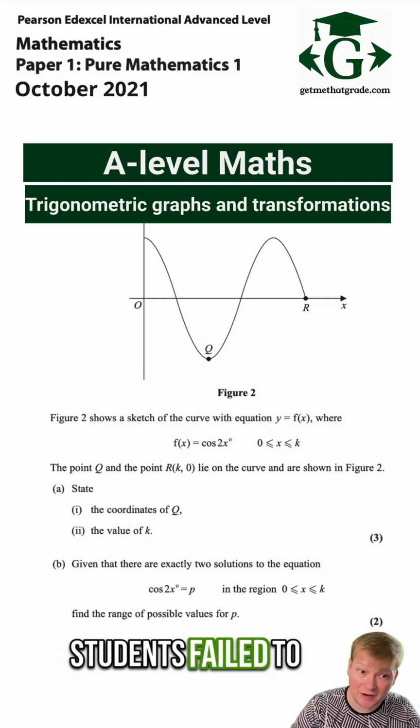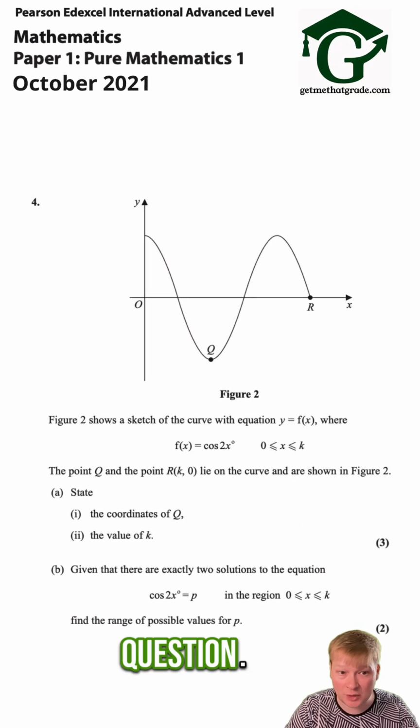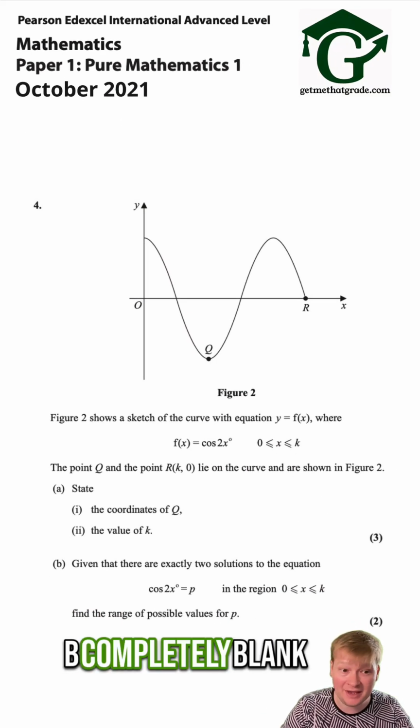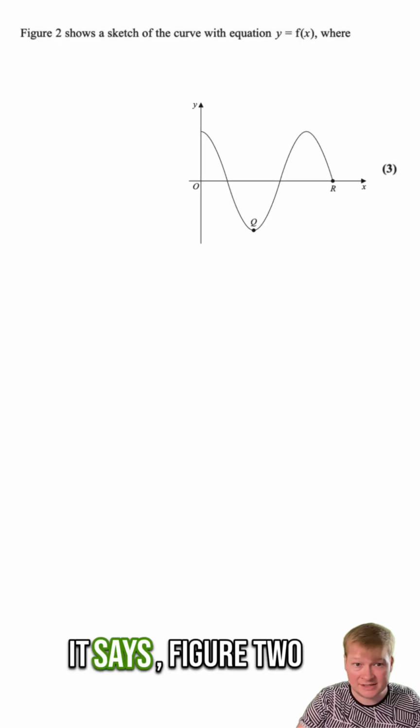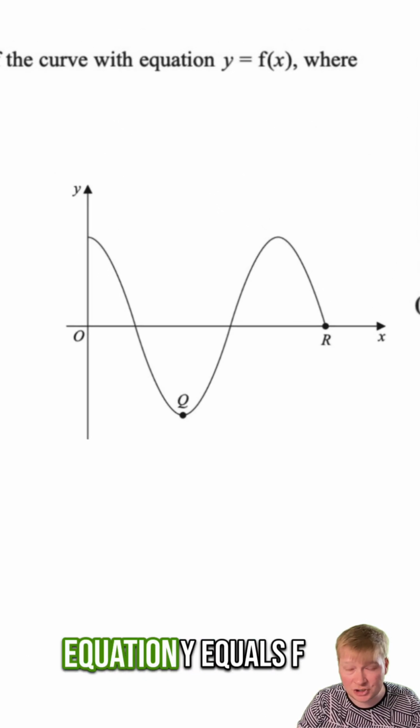Many A-level maths students failed to score any marks at all on this IAL maths question. A large number of students left part B completely blank. Do you think that you could score full marks? Let's find out. It says, Figure 2 shows a sketch of the curve with equation y equals f of x,